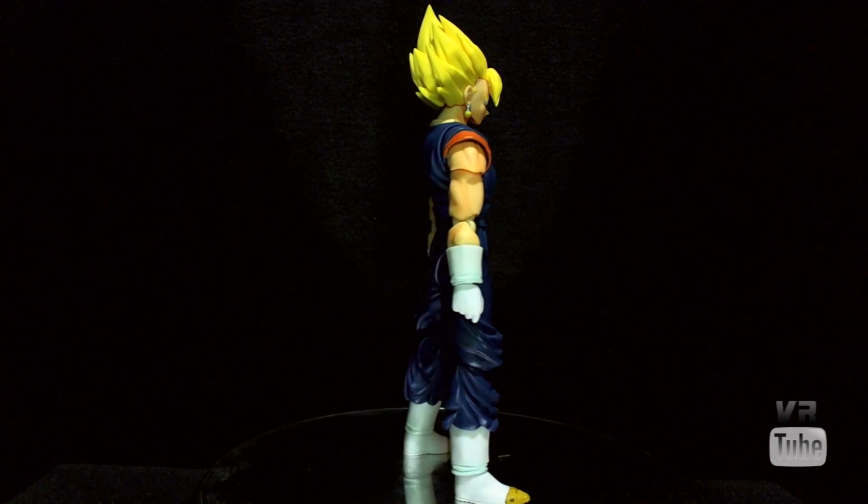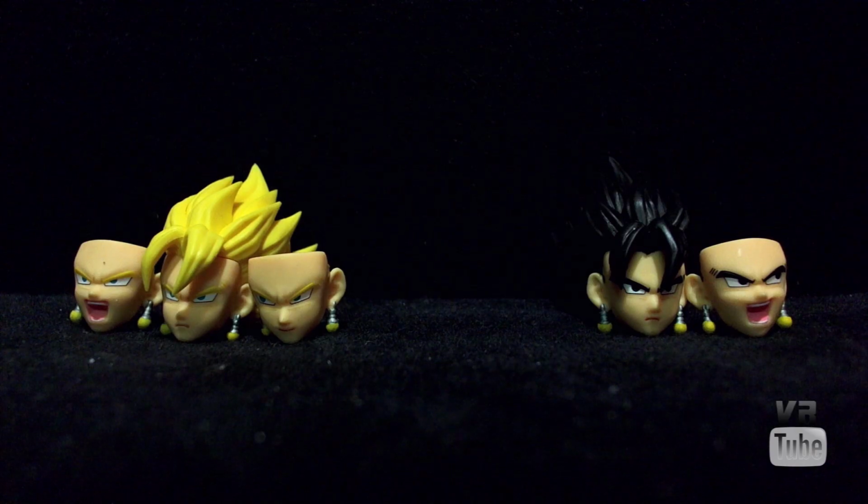Now let's go ahead and zoom in on his head sculpts. Vegetto has two different heads. He has a Super Vegetto head and a normal Vegetto head. He has two faces for his normal Vegetto head and three for his Super Vegetto head. He has a stern expression and a screaming expression for both, and then he has a smirking face for his